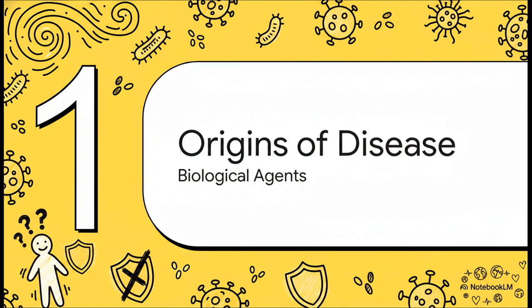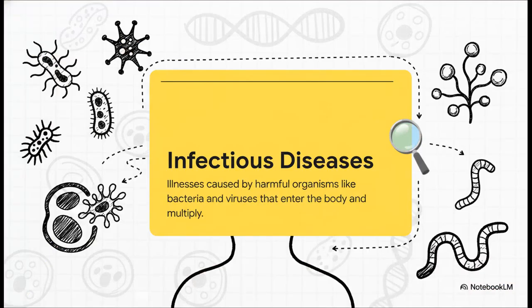Origins of infectious diseases. Before we go any further, we need to clearly define what we're actually up against here. Infectious diseases are basically illnesses caused by harmful pathogenic organisms. In our classification, we're mainly talking about 4 heavy hitters: bacteria, viruses, fungi, and parasites. Through different modes of transmission, like the air we breathe, the water we drink, or just direct physical contact, these invaders manage to enter our bodies, breach our physiological limits, and multiply. That's what causes the disease.